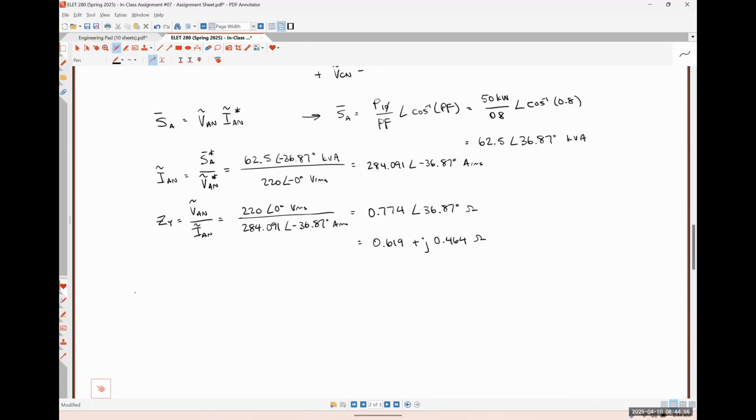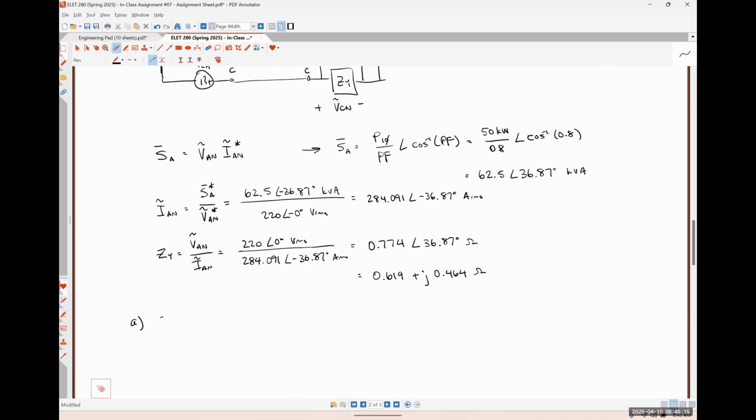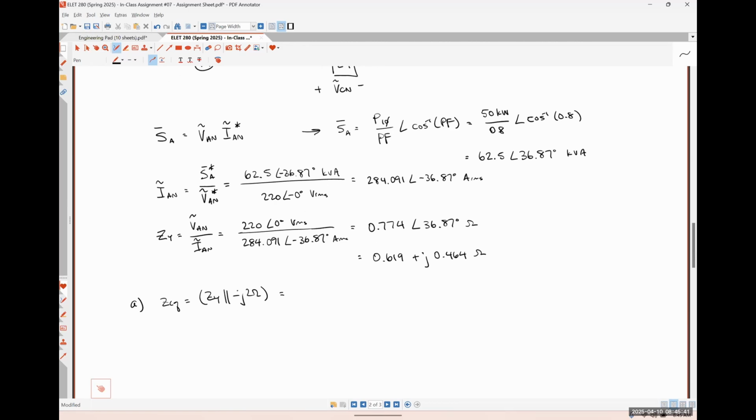So in part A, now that we have ZY, and we know that our capacitors are just connected directly in parallel, right? Because it's a Y-connected capacitor bank for part A. We could find that equivalent impedance. So that's just going to be ZY in parallel with minus J2 ohms. So I'm just going to take that answer and say that answer times minus J2 over that answer plus minus J2. And I get